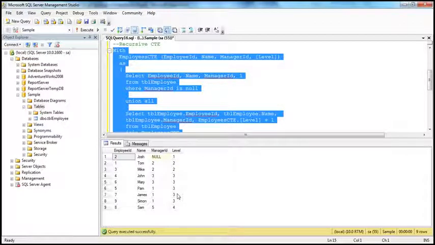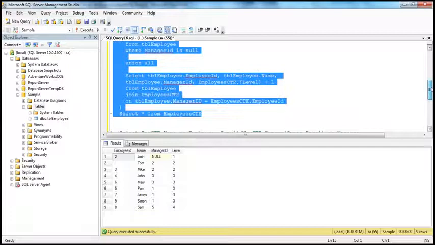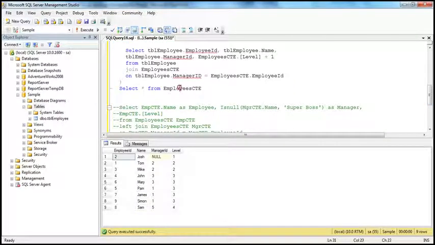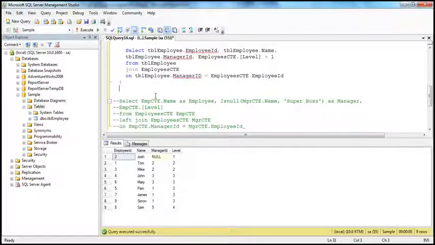Now all we have to do is, instead of displaying manager ID and employee ID, I just want name and a manager name. Okay, to do that we can simply use a self join. Okay, so we can join this CTE with itself now, and that's pretty simple. Just like how you join a table with itself, you can join a CTE with itself, because a CTE is also a temporary result set. So for that purpose, what we are doing here,